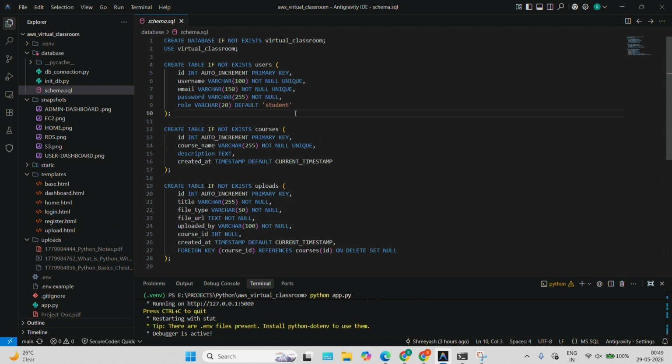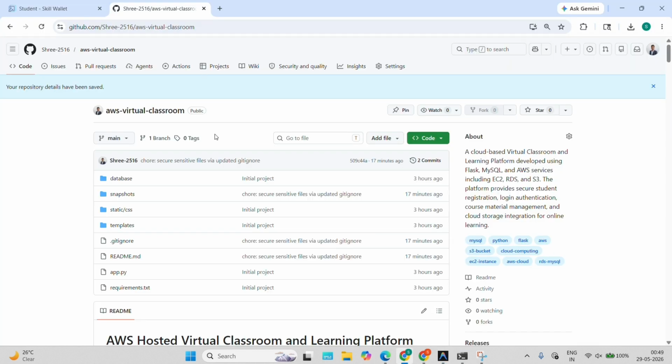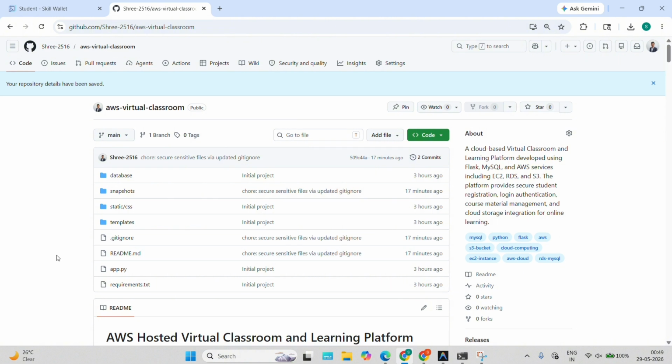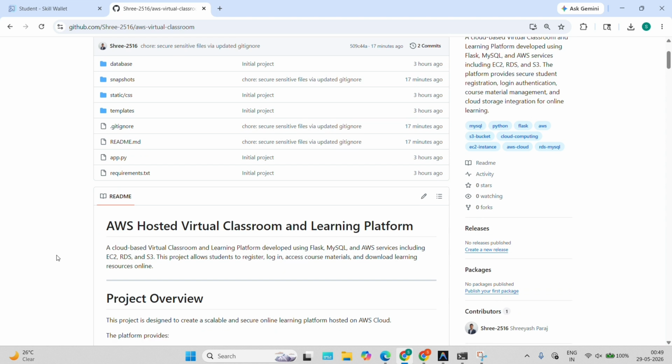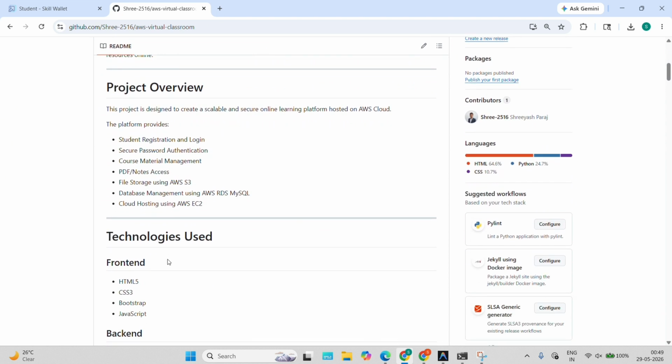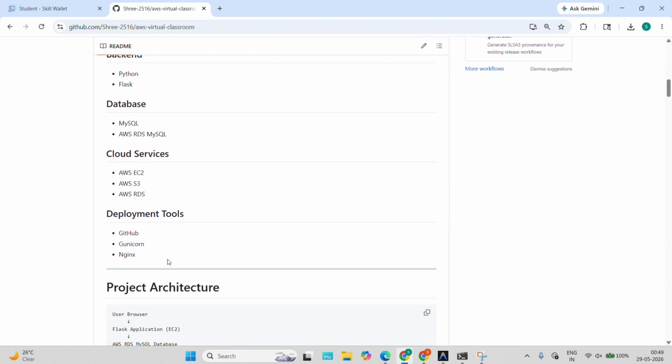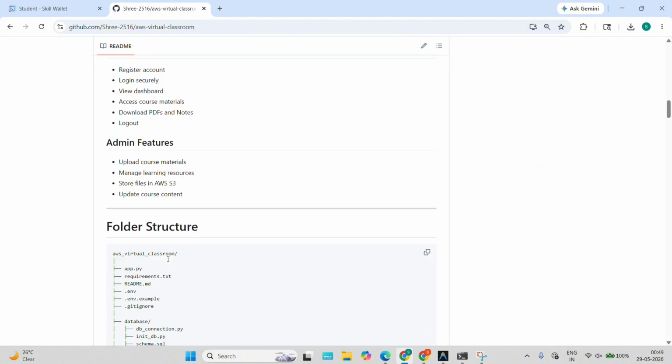Finally, this is my GitHub repository where the complete project source code is uploaded. The repository contains Flask backend code, HTML templates, CSS files, SQL database files, AWS deployment setup, and project documentation in